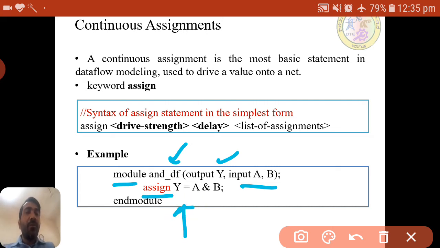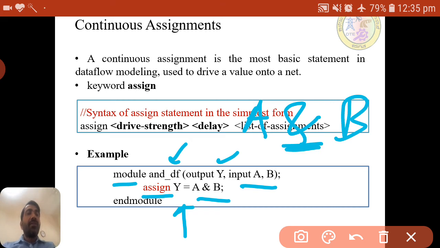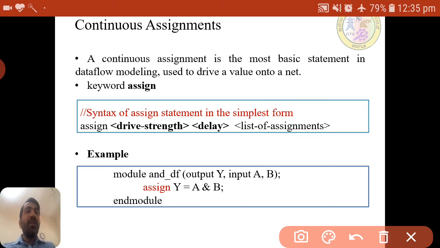Then Y, that is the output, then what we need to assign, that is A and B. A is a variable, B is a variable, and AND is the operator for the bitwise AND operation. All these operators we will see in subsequent sessions. Here we just need to see the syntax to assign the value. So Y is the output, assign is the keyword, and A and B we are assigning to Y. This will be the AND gate code.